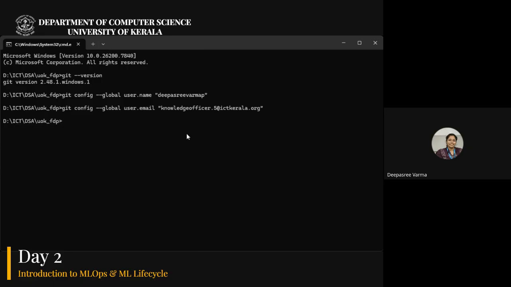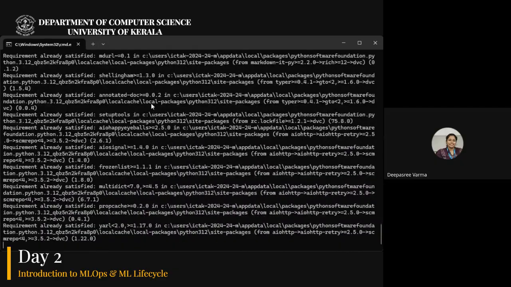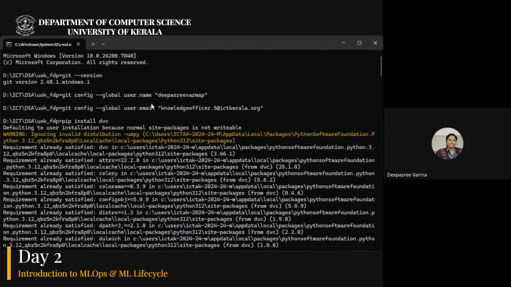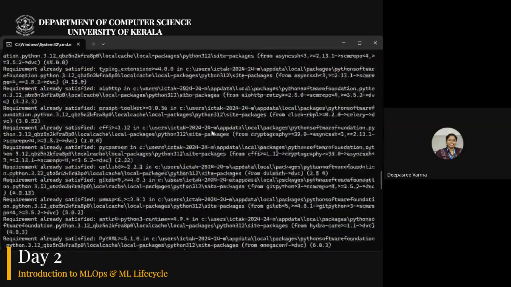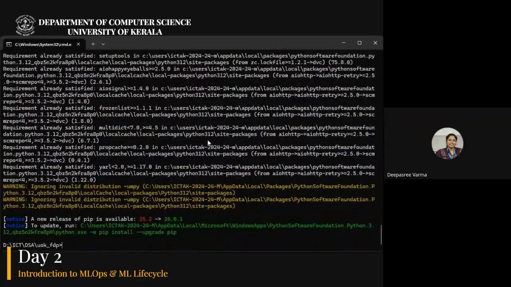Okay, so I have configured my Git account and I can now install DVC. I will share a detailed document with the steps, so if you are not able to complete along with me, you can refer to that. Okay. So DVC was also installed. You can check the version.